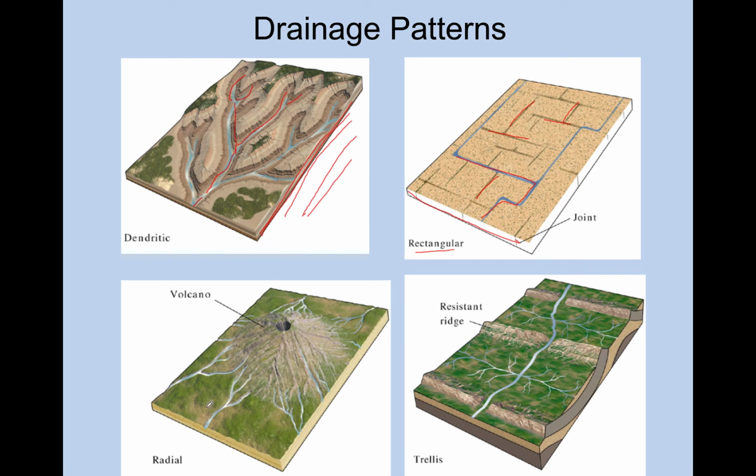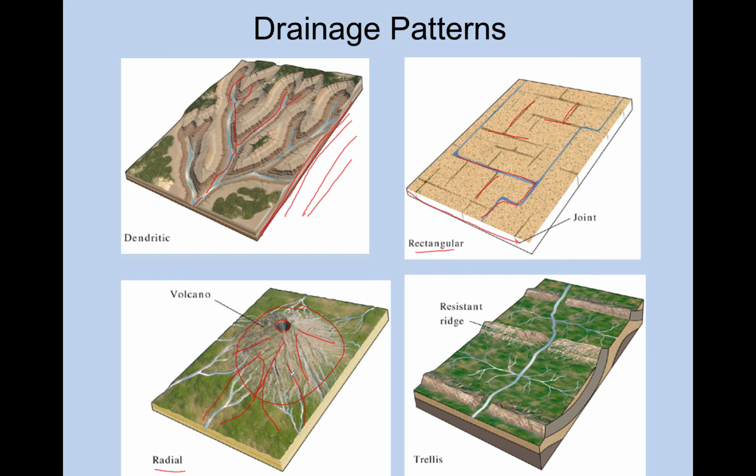Okay. Radial pattern down here in the bottom, this one should be a no-brainer. You have a crater up here, you've got a volcano down here, so you have water running off in all directions. The volcano itself builds up a mountain pretty fast, usually much faster than a river or stream can erode, and so it's going to change its drainage pattern as it grows. If you look at the volcano, you'll see that this section here and these little basins here are really dendritic,